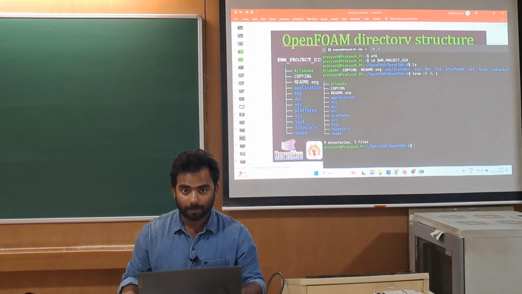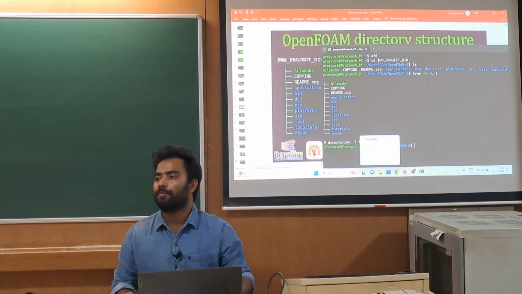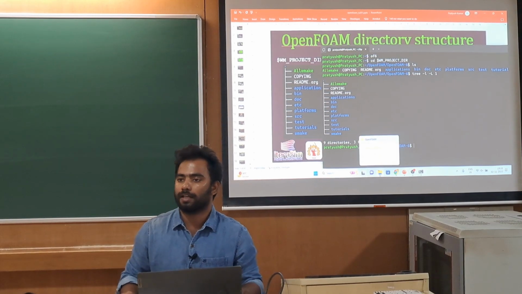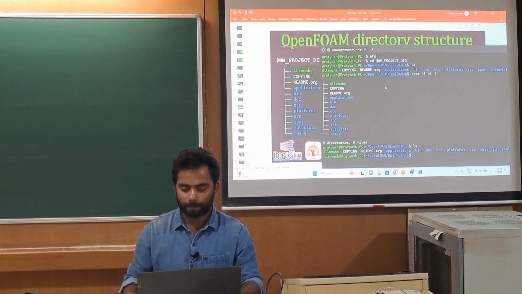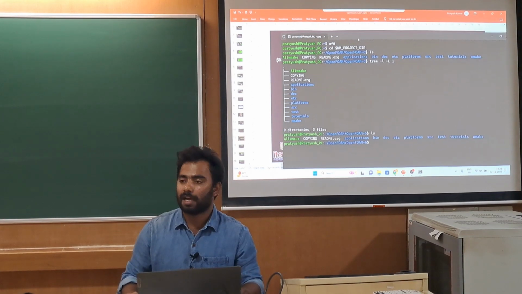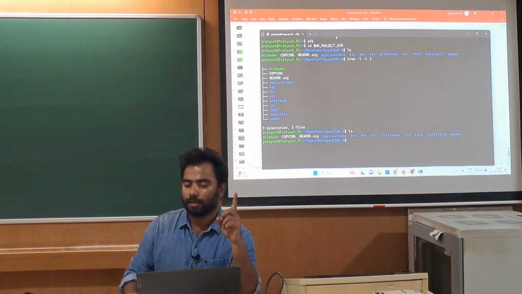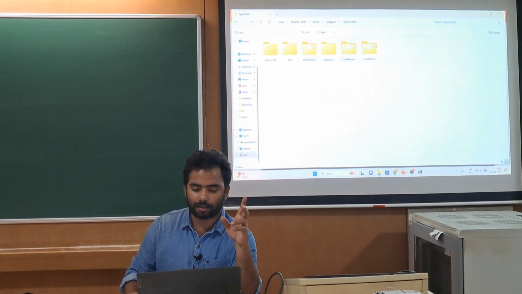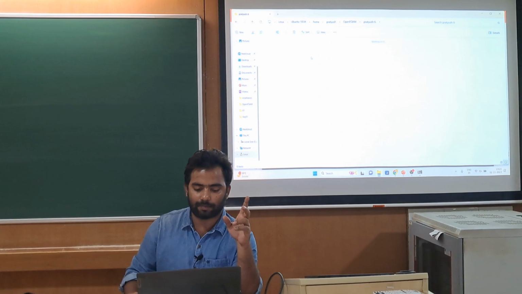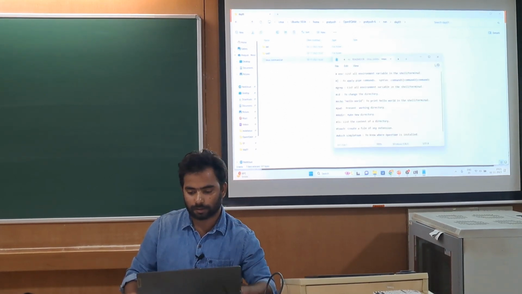Tree command is not running. See, some of you do not have the tree command. I think you have to install that. Otherwise, it is okay. You can just list these things. See, I have shared one zip file. There is one folder where you can find all the Linux commands that I have listed. So you can just open this.